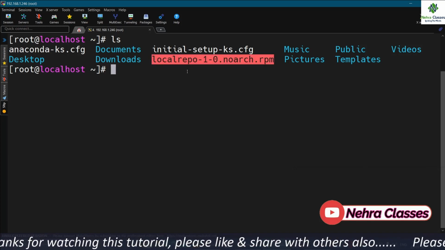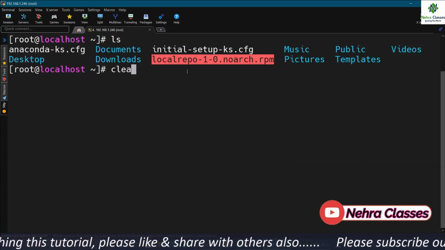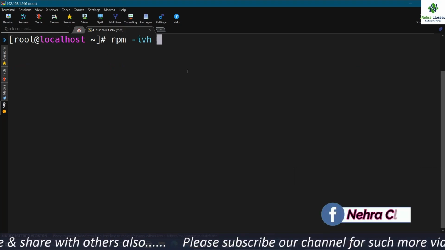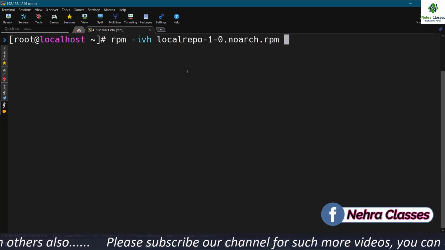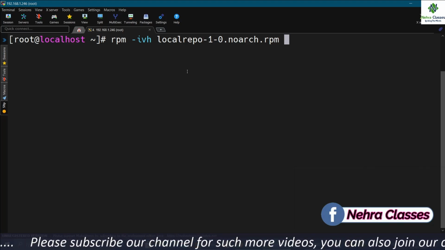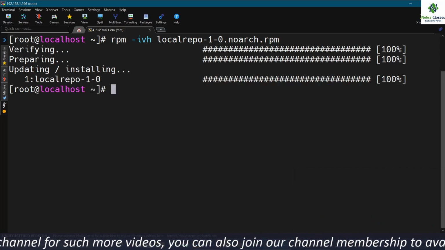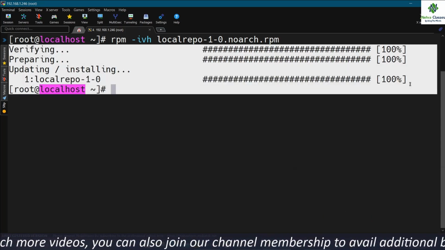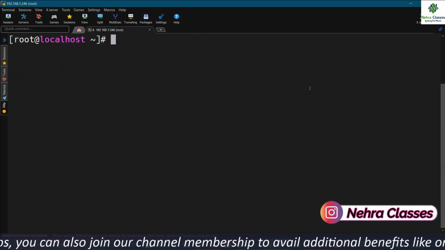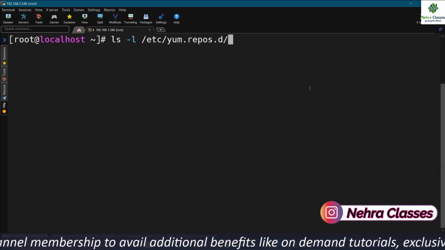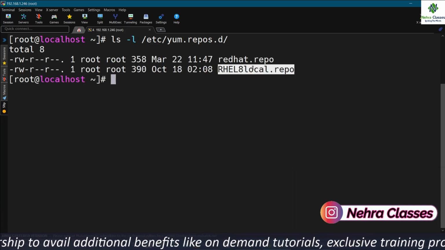This is the rpm package, and I am going to install it by using the rpm -ivh command, rpm -ivh and the package name, that is local-repo-1-0.noarch.rpm. As soon as I press enter, this package will get installed in the system, and it will create the local yum repository file in the /etc/yum.repos.d directory. Have a look at this.